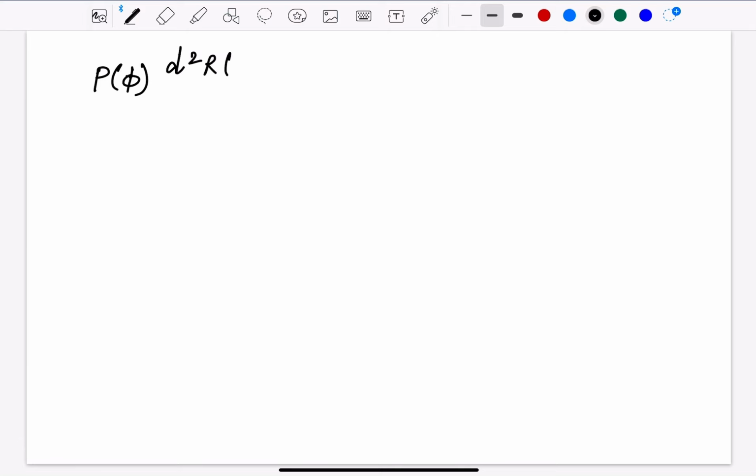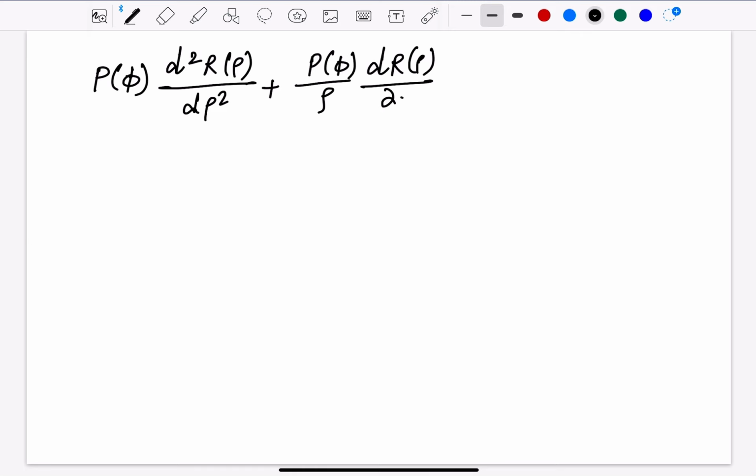R of rho d square over d rho square, plus P of phi times rho dR of rho over d rho, plus R of rho